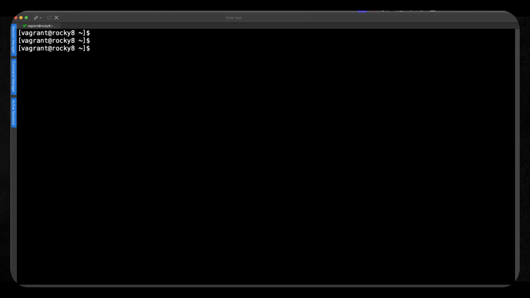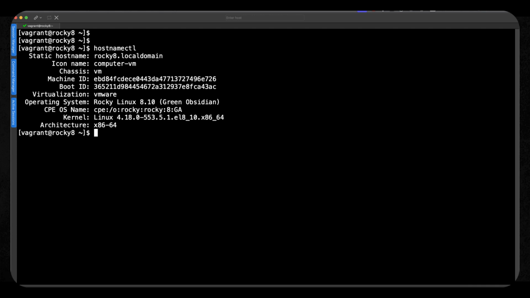So really big warm welcome through to the command line of my Rocky Linux 8 system. When we run the hostnamectl command, we can be quite clear about what we are running, and you can see that it's Rocky Linux 8.10. Now this of course is based around Red Hat Enterprise Linux and has SELinux installed. It is enabled and I would always prefer to leave it enabled. When we check this with getenforce, we can see that we are in SELinux enforcing mode. And I think this is always a good sign because you want to be running this in the most secure way that you can.